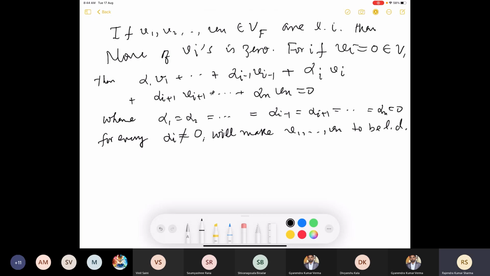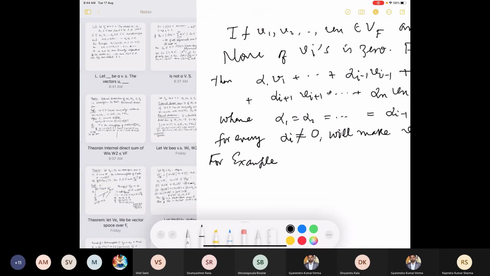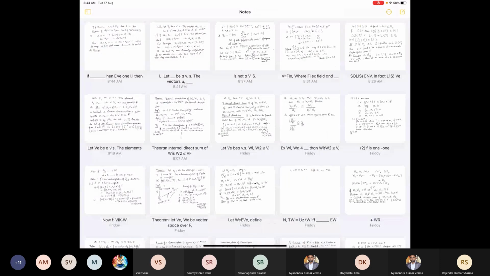Now it is easy to see that some vectors are linearly independent or dependent sometimes just by observation. For example, here we had seen already that (1, 0, 0) and (2, 0, 0) they are